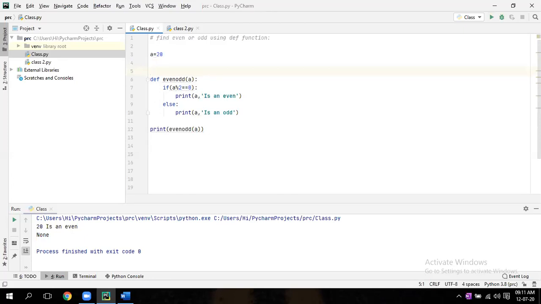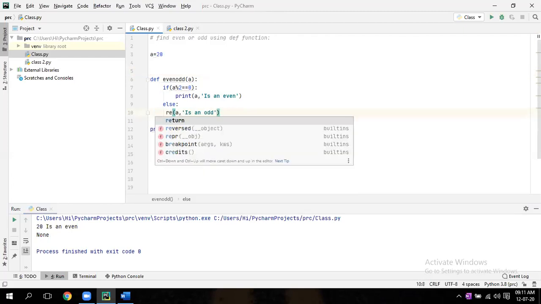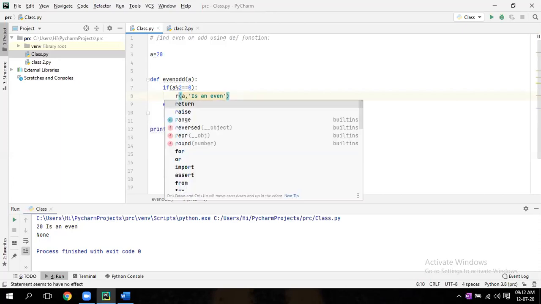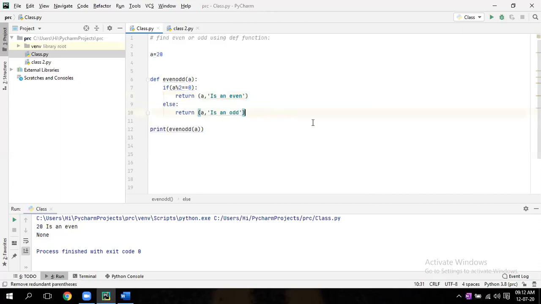You understood why you are getting none? Because inside the function you have written a print statement. Just write a return statement inside the function. That's why you are getting none. Yes, sir.